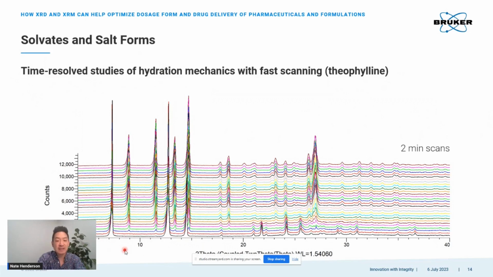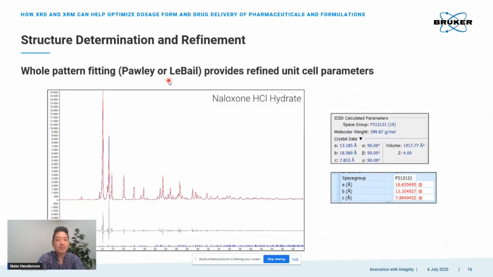As we continue to scan the same sample, what we see is that hydrated form continues to come in, and the anhydrous form is consumed in that process. So you could tie this with things like vapor sorption, or any sort of supplemental techniques to get a really good picture of what exactly is going on in your sample. This could also be done with things like a humidity chamber, where you're directly controlling the RH of the sample. I don't want to spend too much time on these next few slides. This is mostly looking at